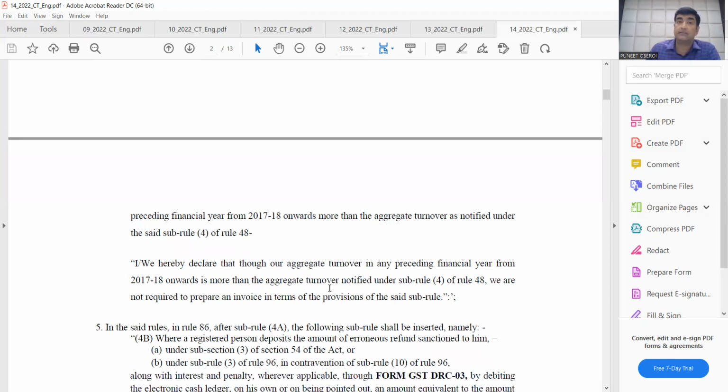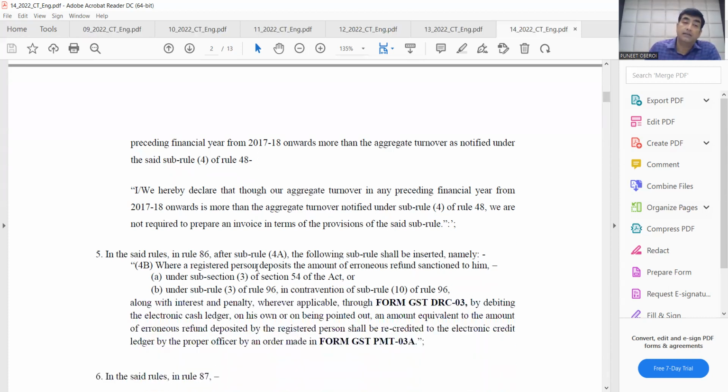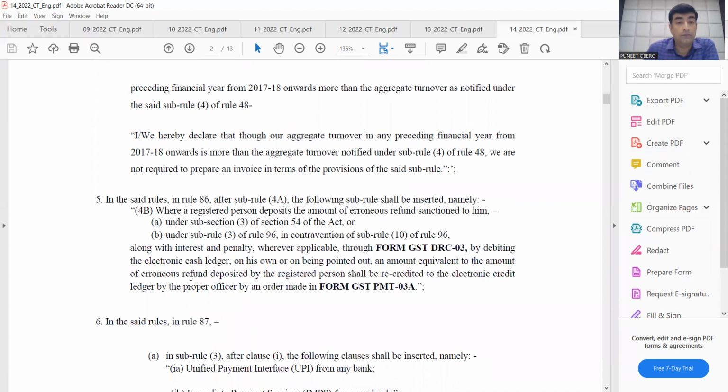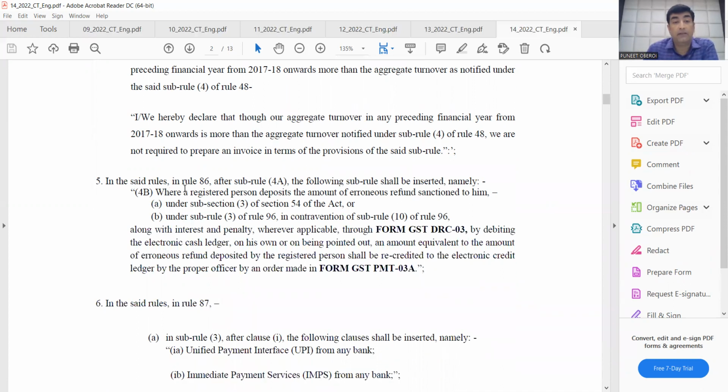So this declaration is required now, that e-invoicing is not applicable in our case, although our turnover is more than that. So, what next? Let us go to item number 5 in Rule 86. This is corresponding to the earlier notification that we just read now, that the following subrules have been inserted, namely